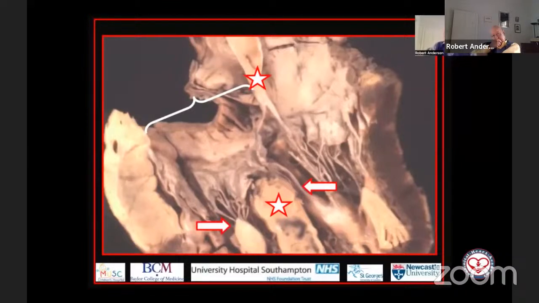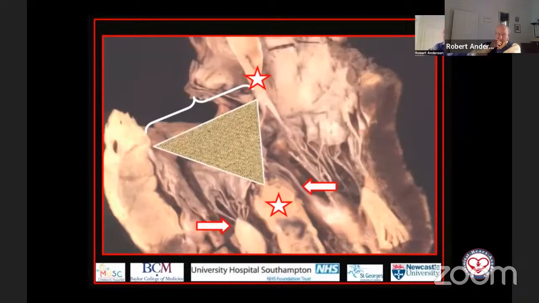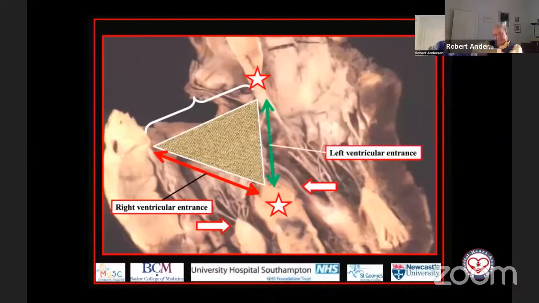So once again, we can make a triangle of space that is subtended beneath the orifice of the overriding valve. But this time, it's the tricuspid valve that is overriding. So when you look at the entrances this time, we cannot close the right ventricular entrance, because the right ventricular entrance is permitting the blood to pass from the right atrium into the right ventricle. So in this situation, the surgeon would have to close the left ventricular entrance if he or she was hoping